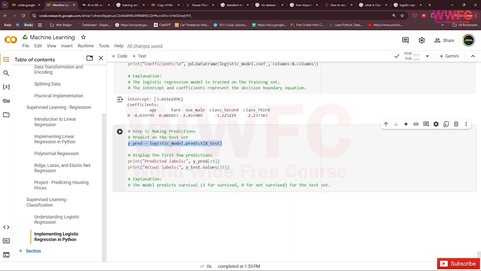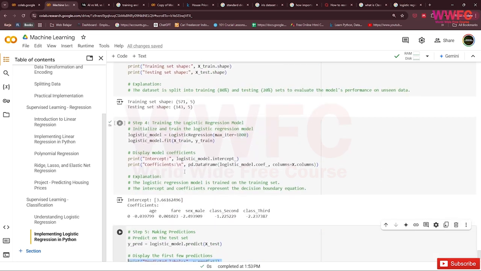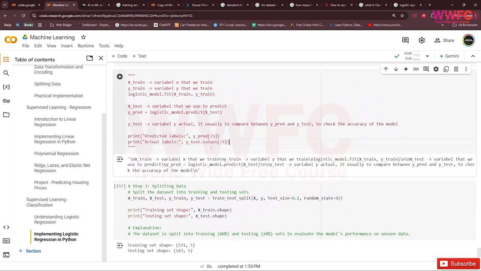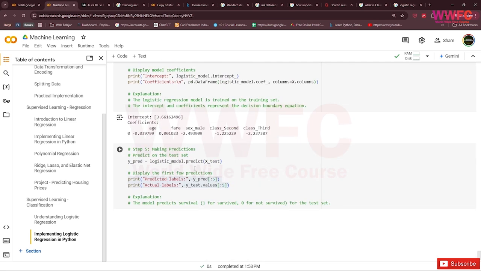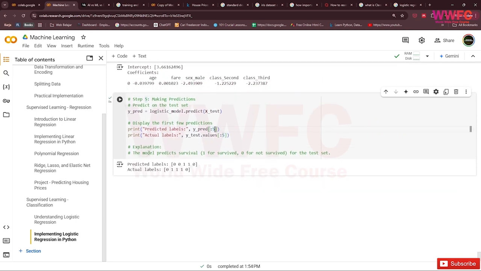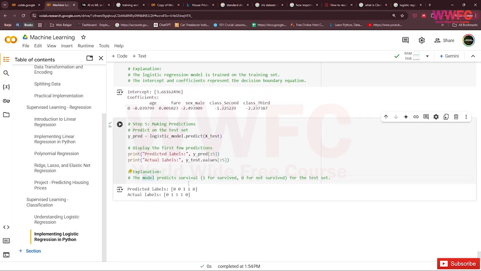And this is usually y_pred, the prediction. So y_test is the actual label and y_pred is the predicted label. This is the model predicting survival, 1 for survive and 0 for not survive, for the test set.